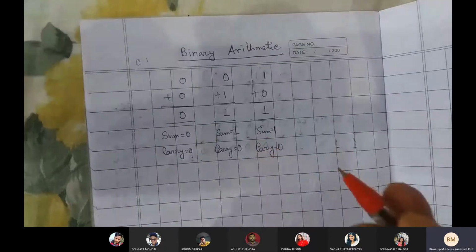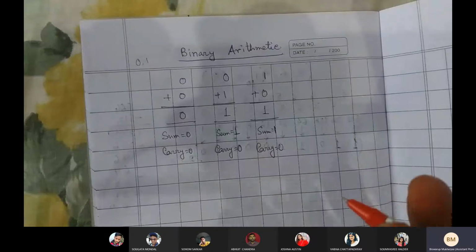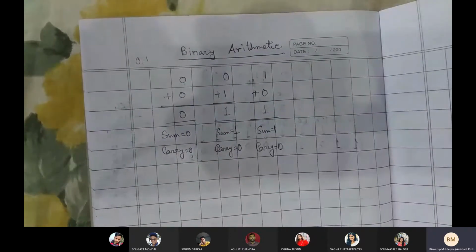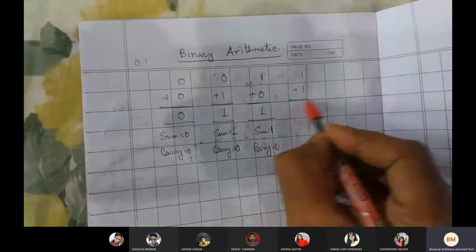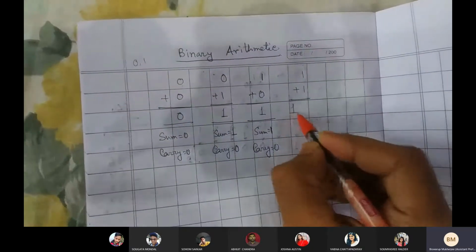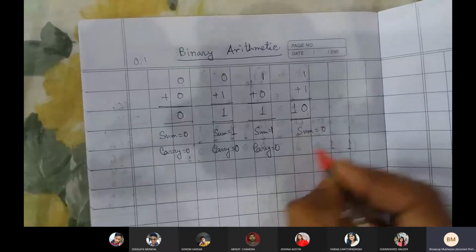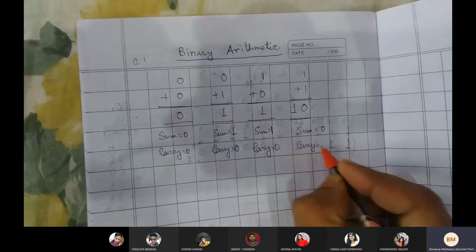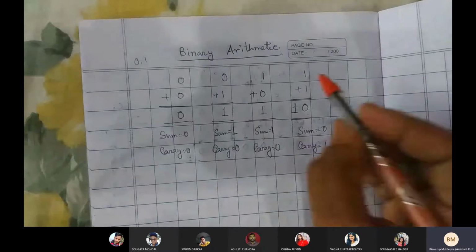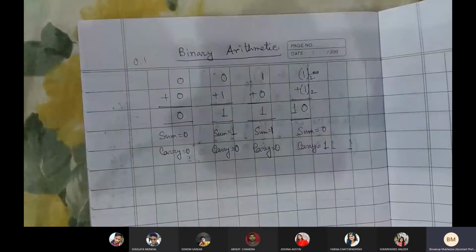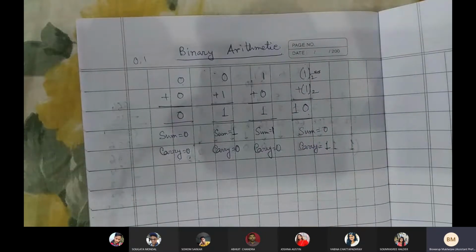It is just like your decimal number, right? Looks the same, because in decimal also 0 plus 0 comes 0, 0 plus 1 comes 1, 1 plus 0 comes 1, something like this. But what about 1 plus 1? If it is 1 plus 1, the result is 10, where sum value is equal to 0 and carry value is equal to 1. Why? It's binary. It is in base 2. So 1 plus 1 in the binary number system makes